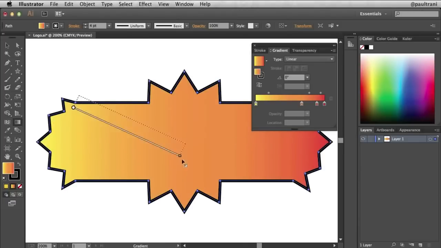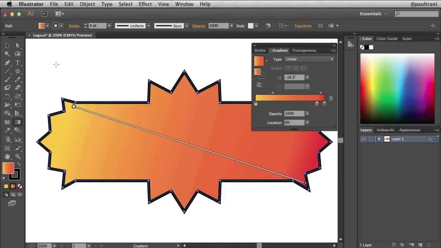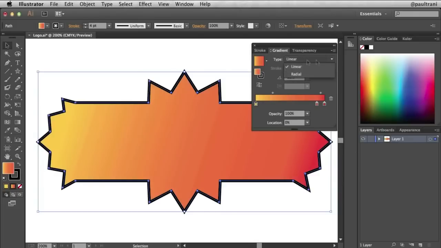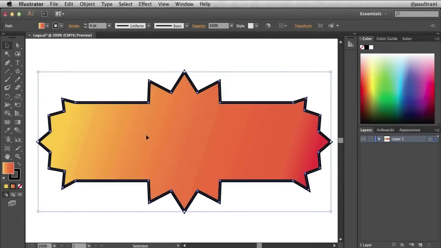In fact, I can draw a line, say at an angle like that, and then I get that nice gradient there. And again, manipulating these color stops, maybe pulling them off where I need to. I like how that looks. Lastly, maybe I'll just double click on this one here. It's pretty yellow. I can make that a little more gold, and I love that transition I have there. And notice that you can also change it to radial. So that's how you can easily manipulate colors, either using your options bar or your gradient or color panels,